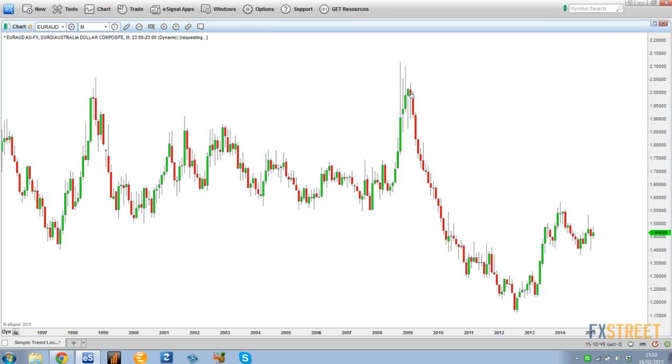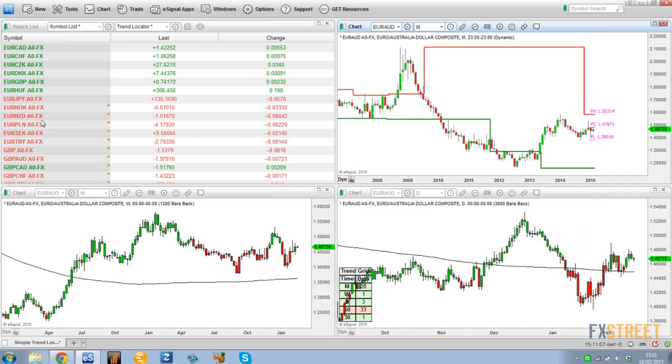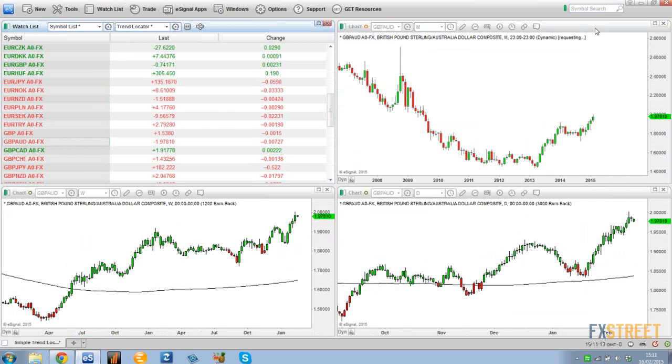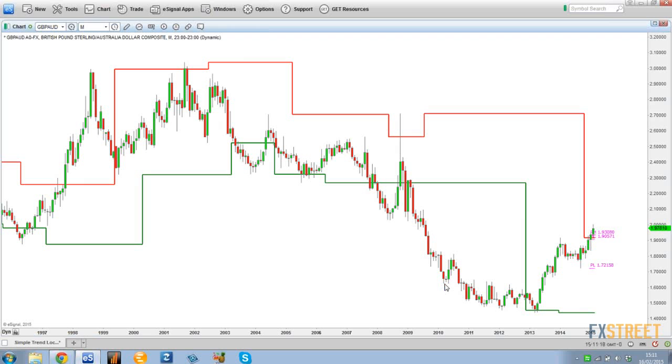Again, look at the monthly chart. If you look at this trend now, this is one of the trends that I profited very heavily from. You can see a trend from 2009, very clean trend, to 2010, and then it got a little bit choppy. But a good example of a bull trend. A bear trend. Pound Aussie dollar, bringing up the monthly chart, and again you can see clean trends. 2008 to 2010, a little bit messy, and then 2013 to 2014.